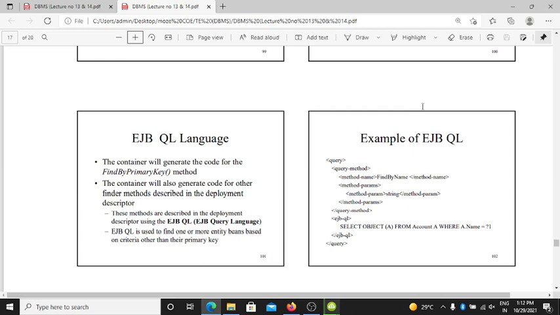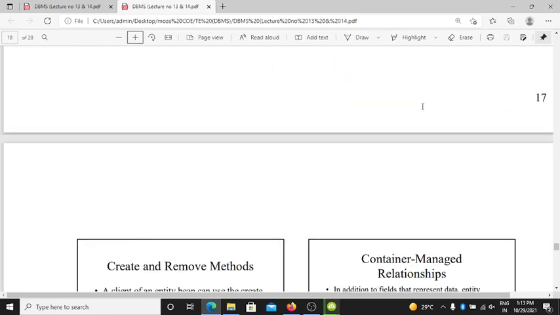The EJBQL is used to find one or more entity beans based on criteria other than their primary key. Example of EJBQL: query method, method name is findByName, method parameter is string name, EJBQL: select object from Account A where A.name equals the parameter. This is the example for EJBQL.